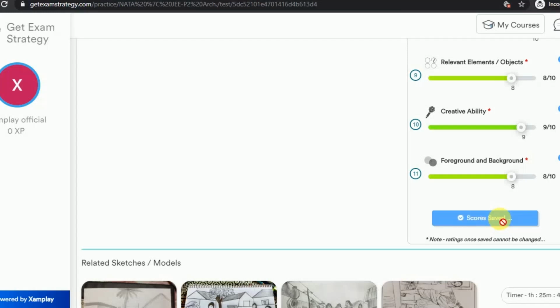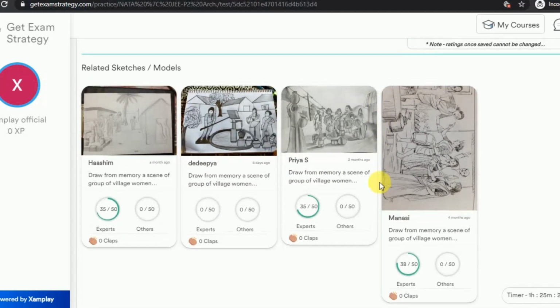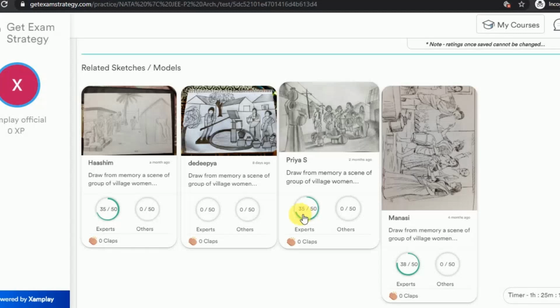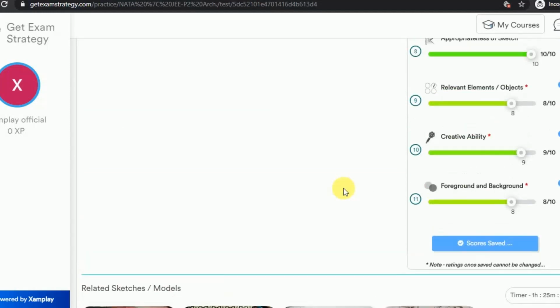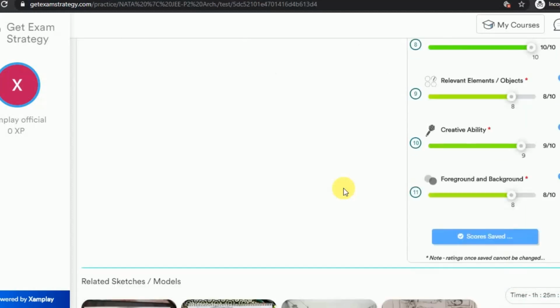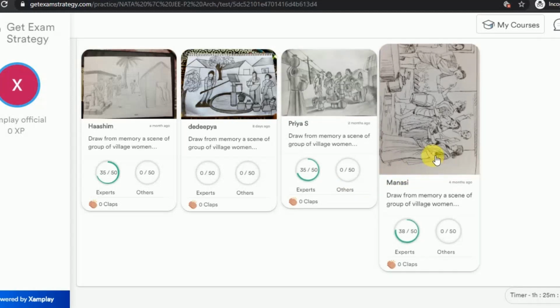So what is happening is you have uploaded your sketch, you have self-rated, and you have submitted your score. Once that is done, you can go down to see the works done by other students as well. So it's not just your work, but you can interestingly see other students' works as well. And you can see that the other students' works are also evaluated by the experts, and you can see the expert rating. So you will also receive an expert rating once you self-evaluate your work. Okay, if you do not self-evaluate work, then you will not get your expert rating.